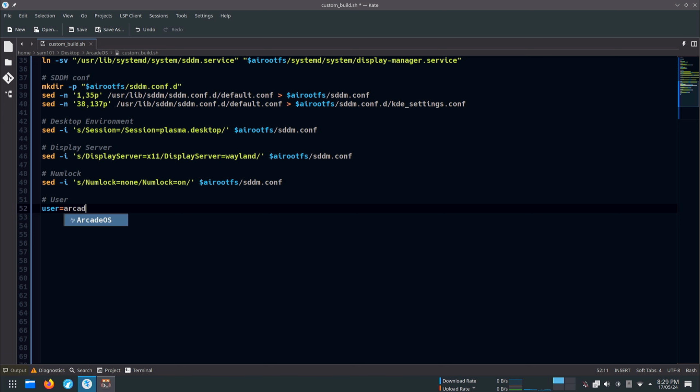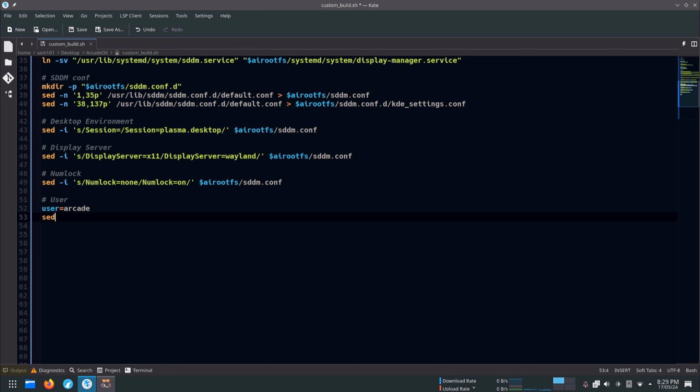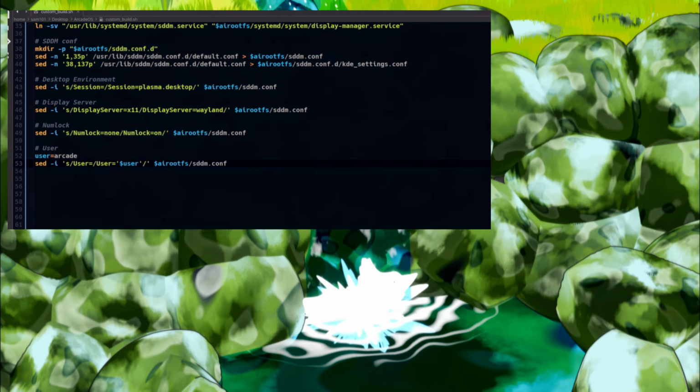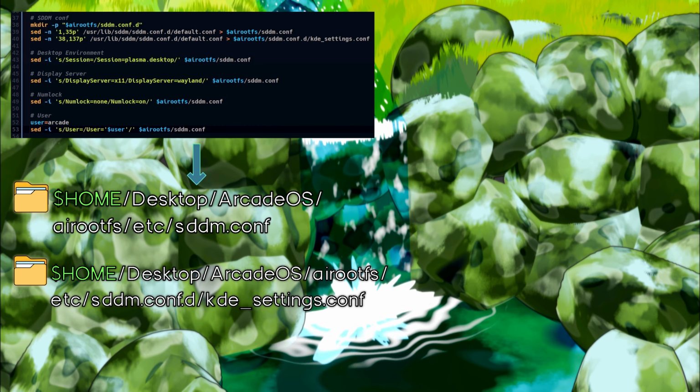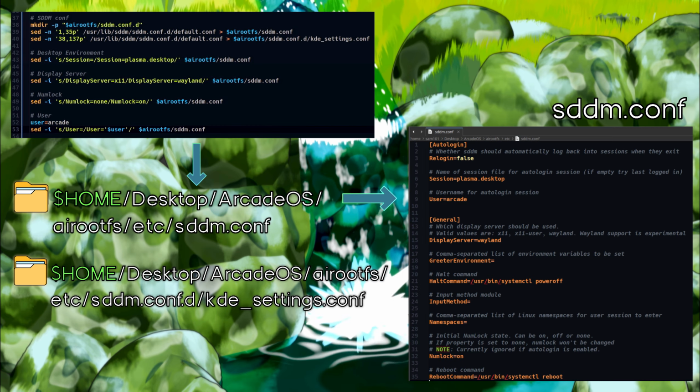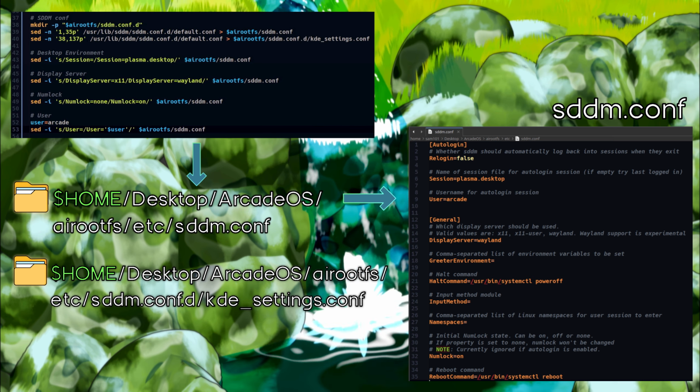User equals arcade. You can easily change the name of the user. This script line changes the user specified in the sddm.conf file to a new user. It finds the part of the file that says User= and replaces whatever comes after the equal sign with the new user's name. This is what the final output of the SDDM configuration section looks like.